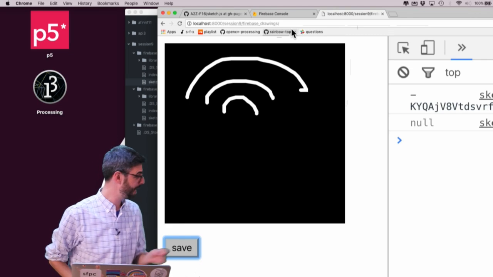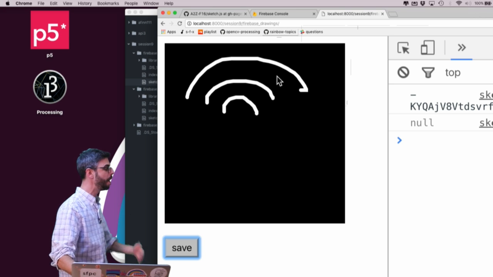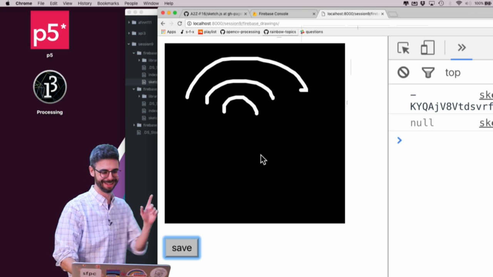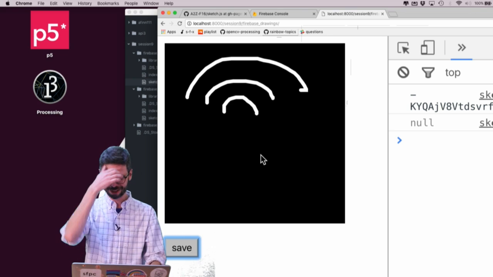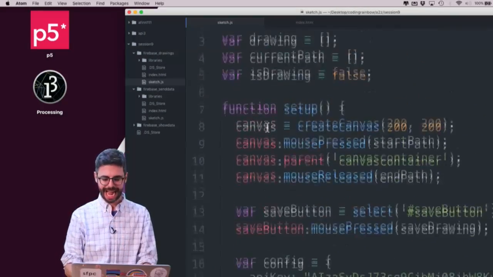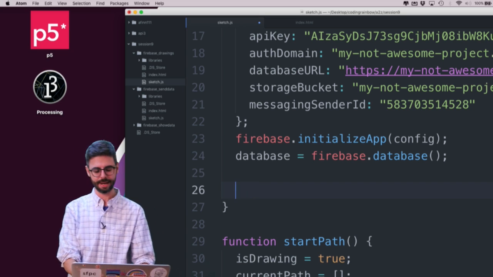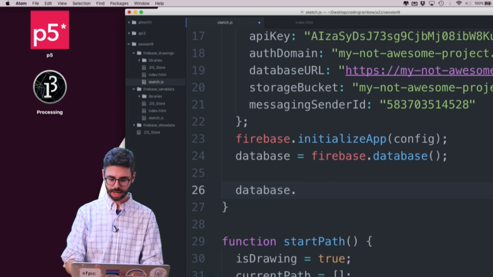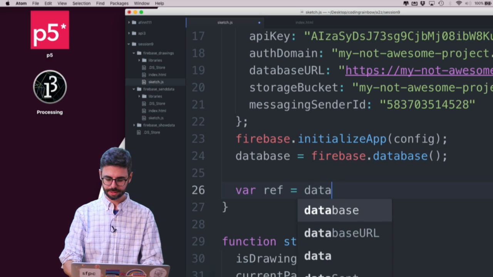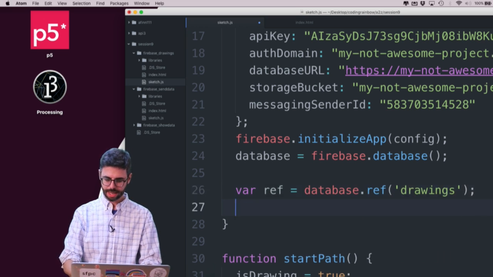OK, the next step in this particular application is to create a listing below of all the available drawings in a way that I can click on them and see them. And I'm going to do this right here now in this coding challenge. Something that I can do, and I showed this in my Firebase tutorials, is I can say database.ref drawings,